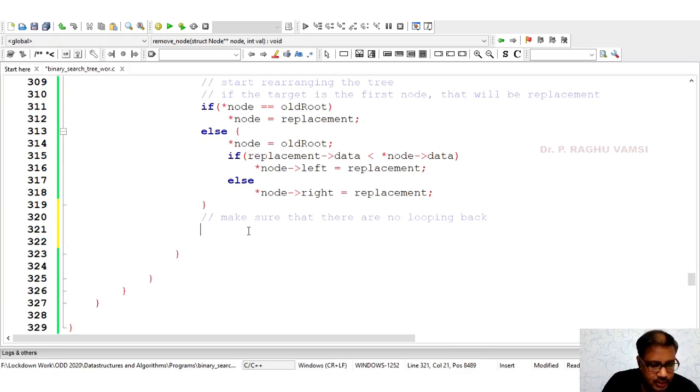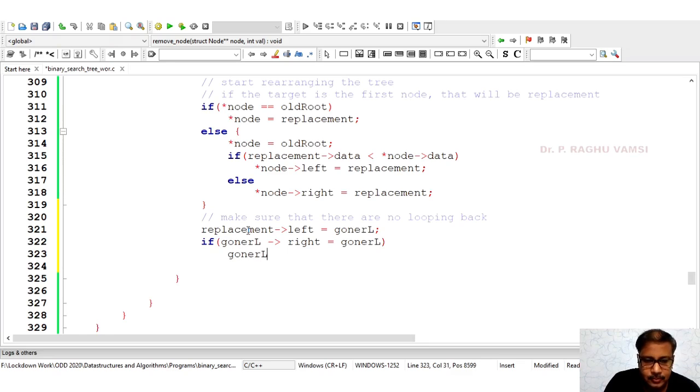For that, what we are supposed to do is, replacement left. We are supposed to see first, if replacement left is equal to Goner left. Then if Goner L right is equal to again Goner L, then it's a problem. Then we need to make Goner L right to be set to none.